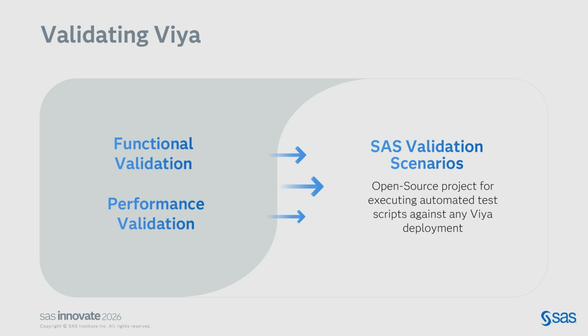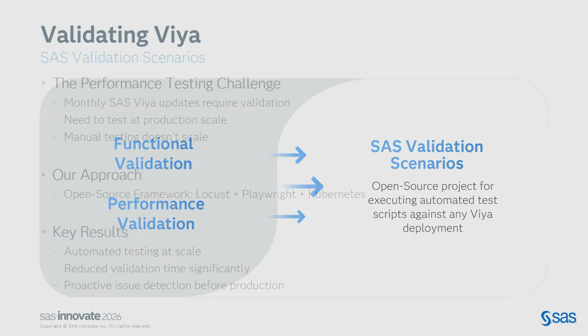or this set of jobs are still running properly. Or what if you are planning on more users coming onto the system, and you want to prove that I can actually have 100 users log into SAS Studio at a time? Both of those scenarios, whether it's functional or performance, can be tested using this validation scenarios project. It's an open source project. Ishwar is going to talk more about it in a minute, but it leverages Playwright to do the automated tests and Locust to do all the testing at scale. And that's it. So, Ishwar?